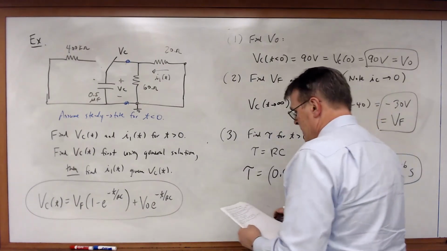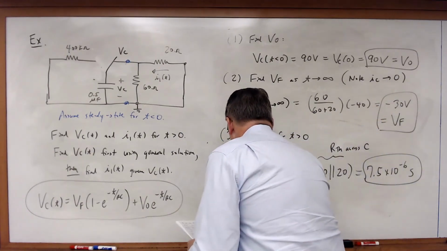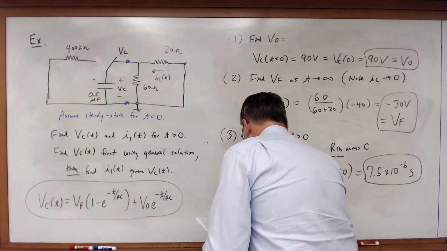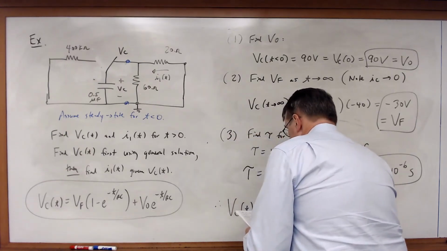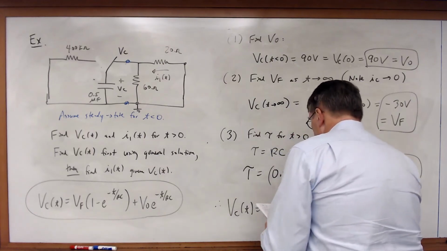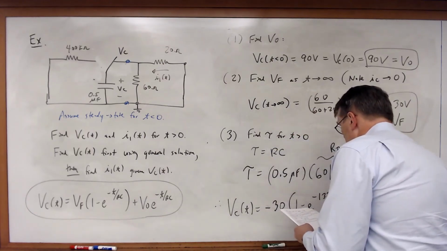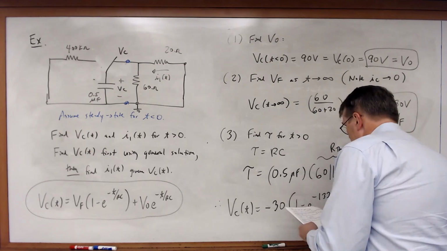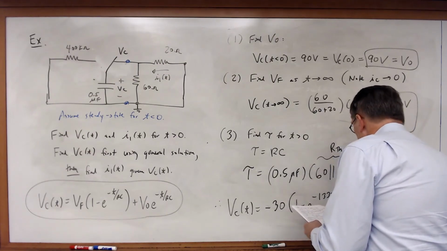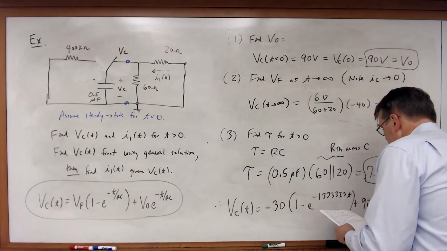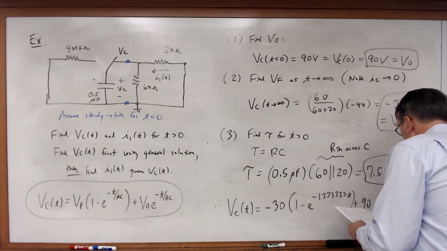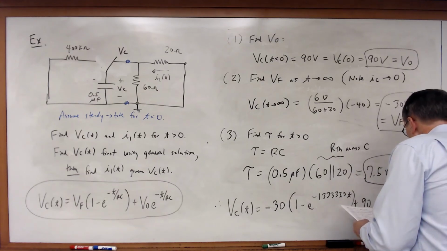And what I will get is that Vc of t is therefore equal to minus 30 times 1 minus e to the minus 133,333.3t plus 90 times e to the minus 133,333.3t